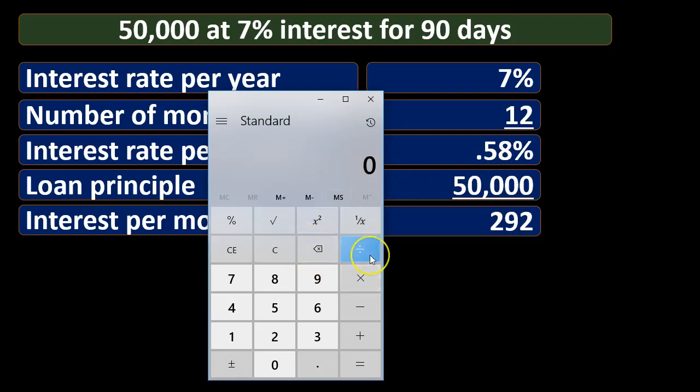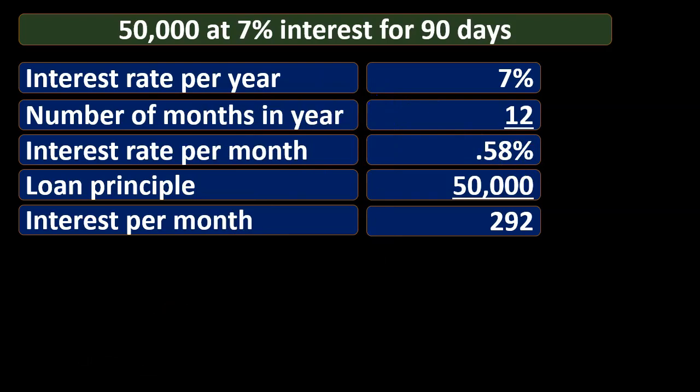So remember what we had. It's 0.07 divided by 12 gives us 0.00583333, and that's what we're using times 50,000. So again, just be careful. I could give an example that is perfectly even here, but it's not. I'd rather give a less than perfect example to show that it's not going to be perfect all the time. It'll be perfect sometimes. So this would be the amount of interest per month, simple interest per month,